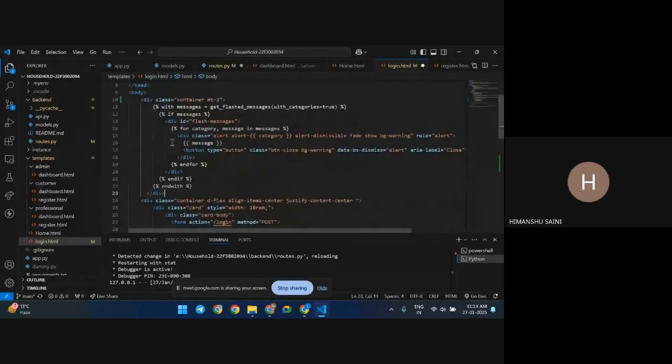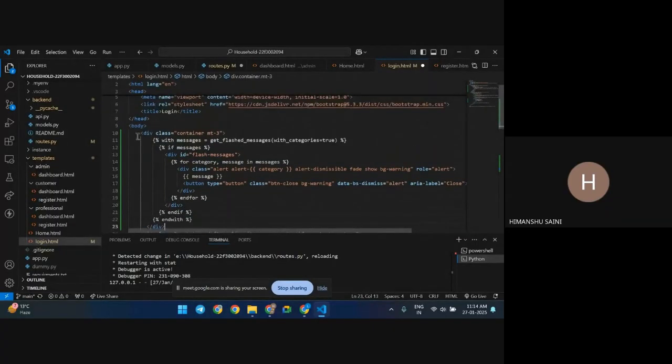Okay, so let me put the syntax here and then I'll explain it to you. So I'm creating a container. Okay, I'm creating a container and I'm giving it a